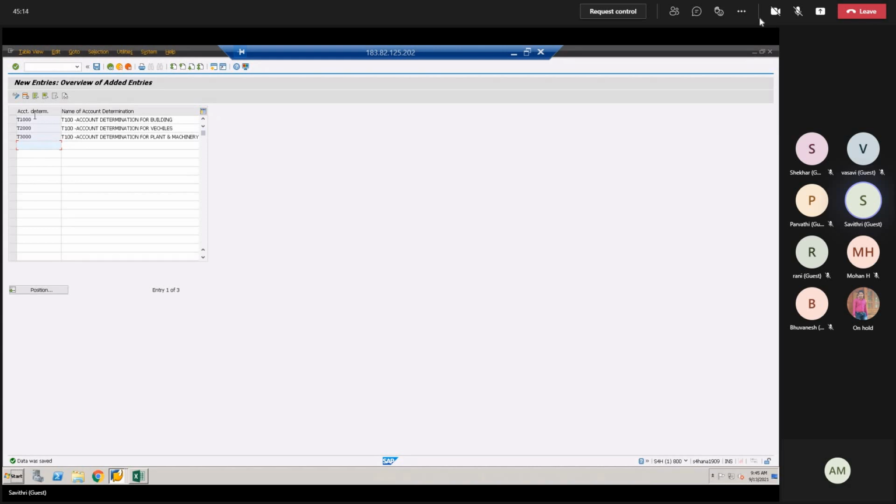That is, whenever we created BP master data, that is a customer or a vendor, we linked up the reconciliation account, and based on the reconciliation account, the GL accounts were updated. So similarly, in asset accounting, based on this account determination, your GL accounts get updated. I'm not specifying the GL account yet. So first I'm just creating